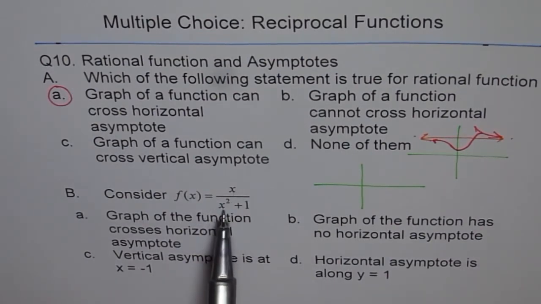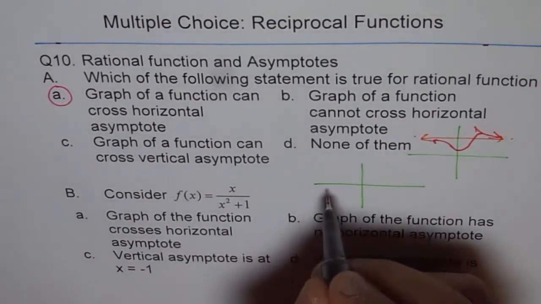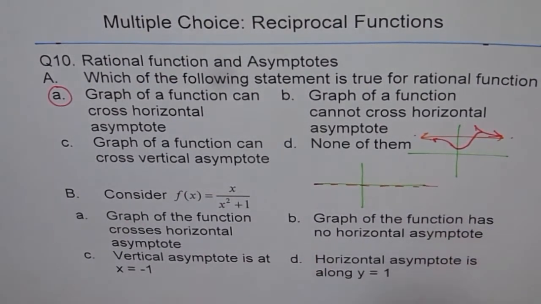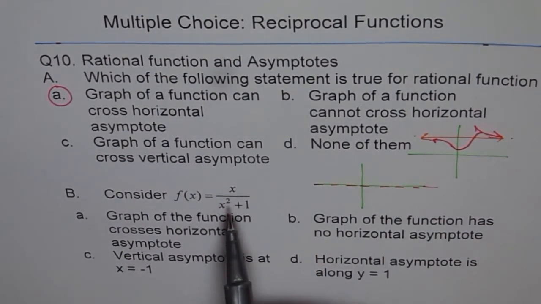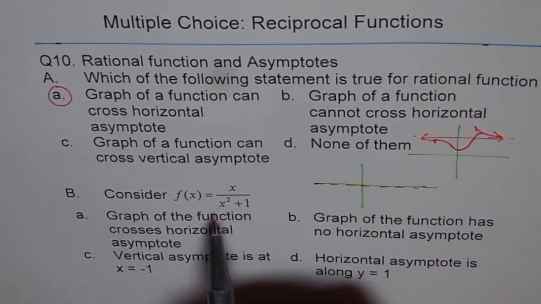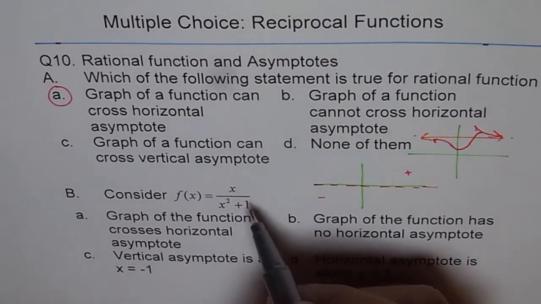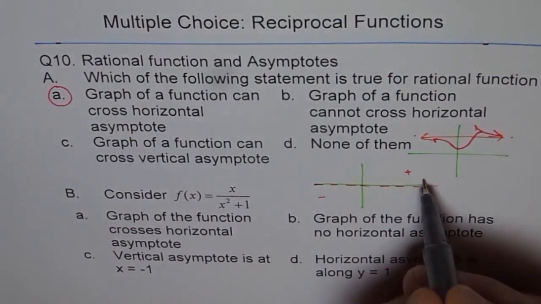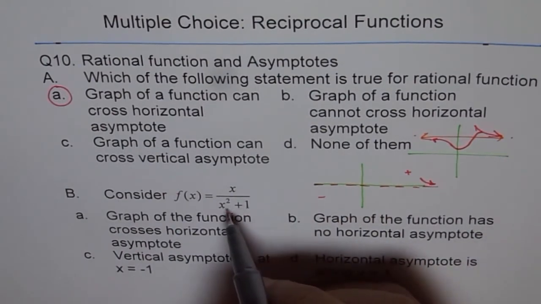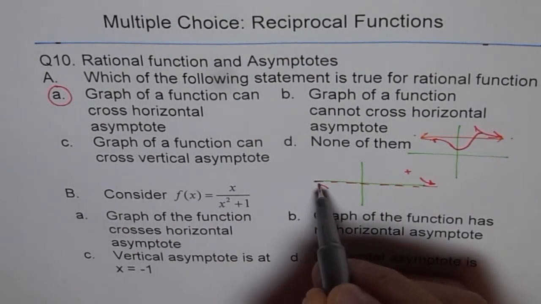Second, horizontal asymptote. Well, the denominator degree is higher, so we do have a horizontal asymptote. And in this case, the horizontal asymptote for us is y equals 0, right? So y equals 0 is the horizontal asymptote for us, correct? Now let's try to see how our function will approach y equals 0. If I have x as a positive value, then since denominator is always positive, my function will have positive value. If x is negative, my function will have negative value. If I have positive large value, then I'll approach 0 from the positive side, correct? And if I have negative large value, denominator will be positive and numerator will be negative, so I'll approach this